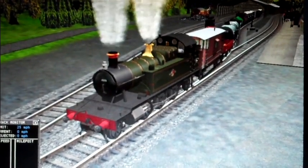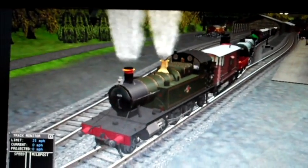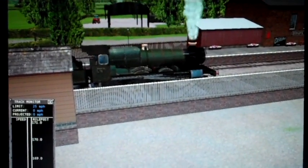Now let's have a look at graphics, or how good the trains and surrounding areas, well, stations, look. For the graphics, we'll be using 1 train and 1 station from each add-on. We're using 7820 Dinmore Manor on the West Somerset, and as you can see, you can just read it. It's pretty clear there, the Dinmore Manor